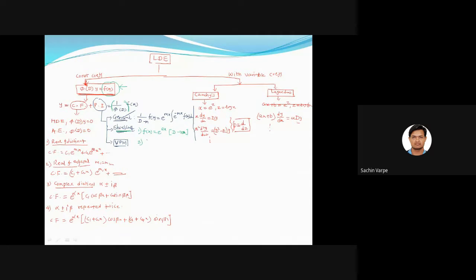Then secondly, we have discussed sine or cos. If it is sine ax or cos ax, then what is the keyword there? We replace d square by minus times a square. Let me tell you all that we are replacing by minus times a square, not minus of a square, because habitually we are doing this, but that is wrong. Remember, minus times a square we are replacing.